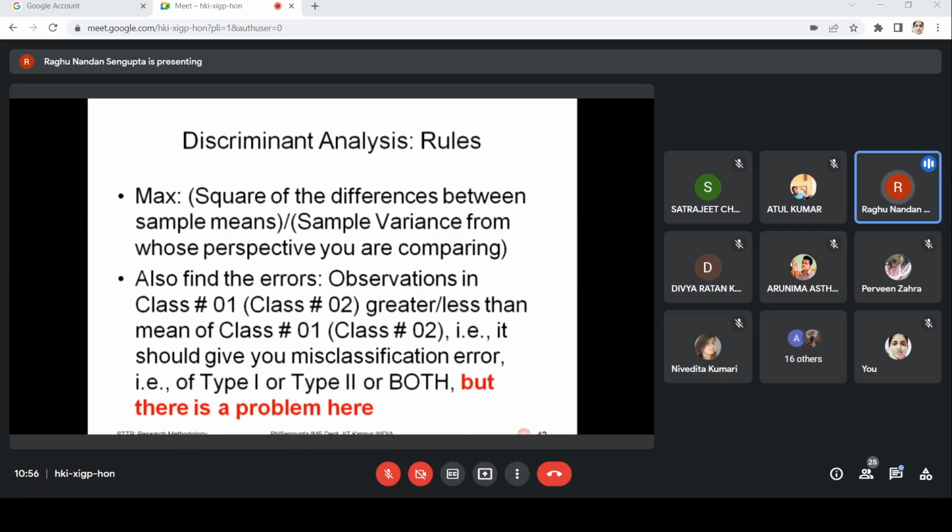The reason being very simple. If you see, the variance formula is basically a square. If you recollect your basics, maybe because nowadays statistics is also taught in class 12, as I saw. Maybe if you follow that, sample variance is a square, so that's why you're taking the square. If you're taking standard deviation, then rather than taking the square of the difference, you could have only taken the difference of the means. But there's also another problem,